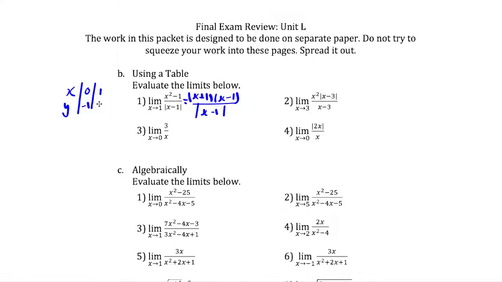We know that at 1, well, we can cancel out the x minus 1s. Actually, no, we can't actually factor that, so that's undefined. Doesn't exist there. And then at x is 2, we're going to have 3 times 1, so 3 over 1, which is 3. So notice there's this big break here, and if we were to change our table so that the table interval were even smaller,